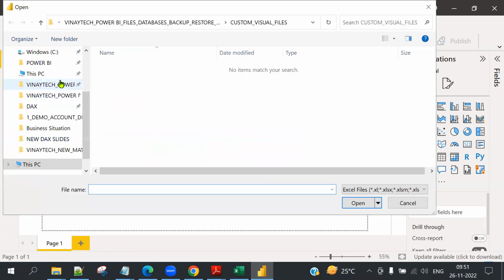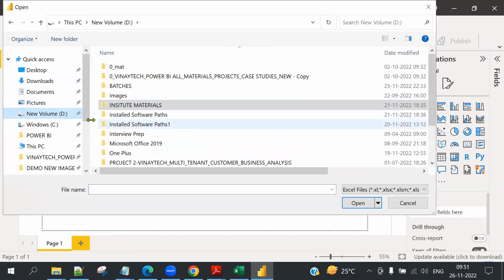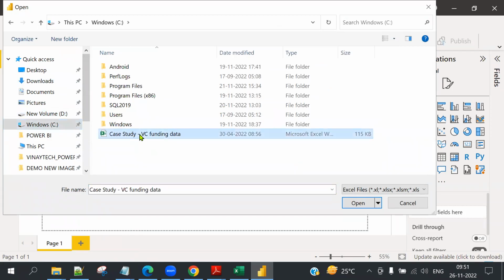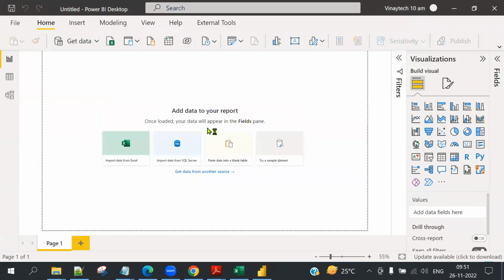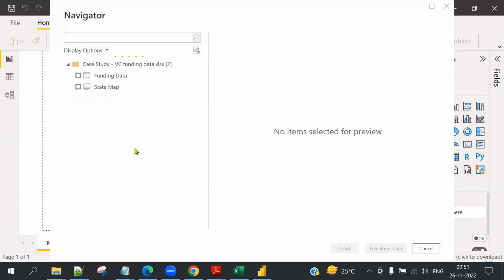Excel workbook, D drive or C drive, case study. We have state. We have funding data.